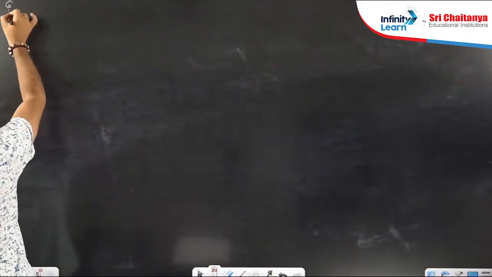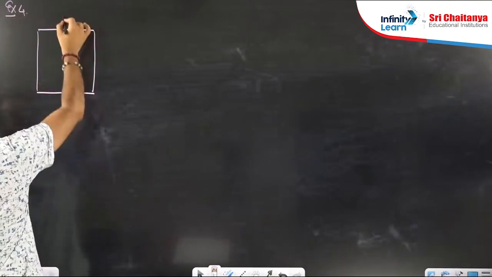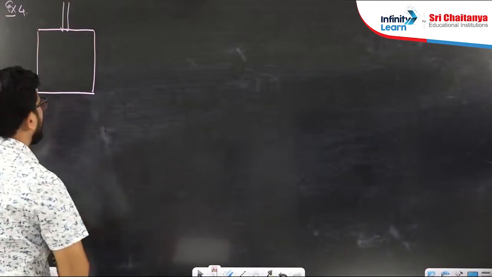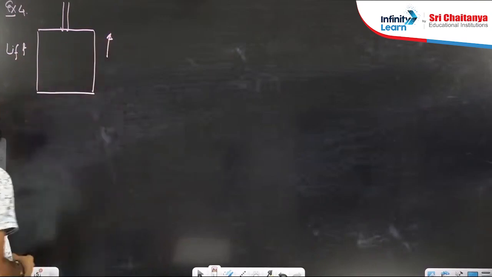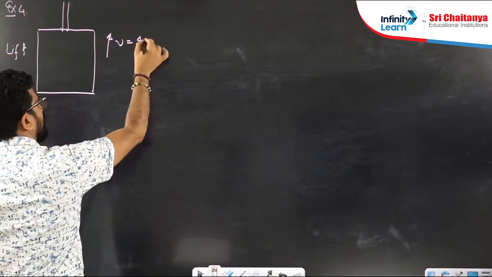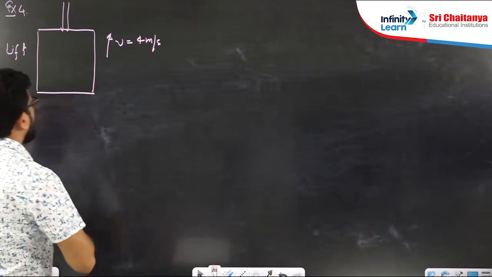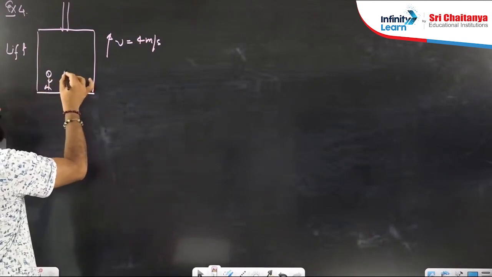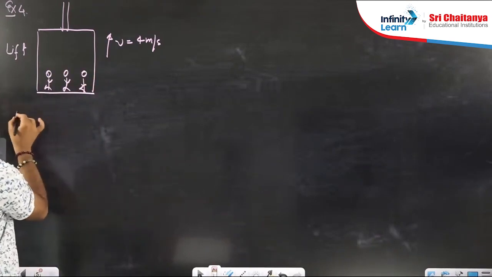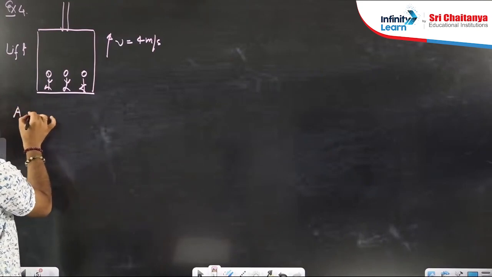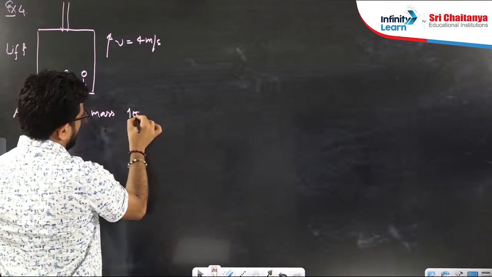Suppose example 4, I'm taking it. Suppose there is one lift. It is also one of the PYQs. This type of question you will find in a PYQ. This is one lift or elevator, we can say. It is a lift, and it is moving vertically upward with a constant speed of, suppose, 4 meter per second. And there are a few people inside this lift also. And the total mass, I am writing, a lift of mass, suppose 1000 kg,